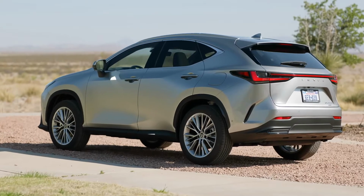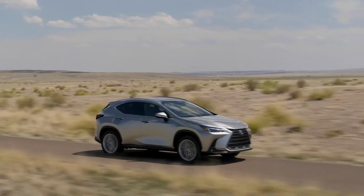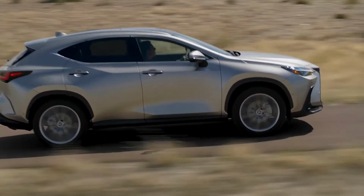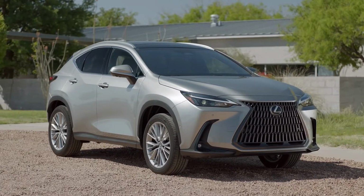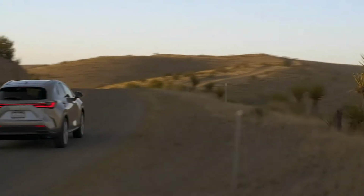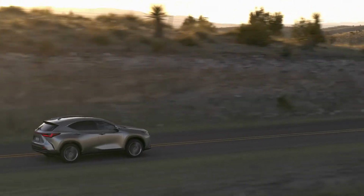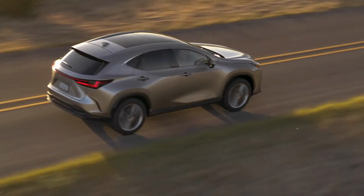The second generation NX replaces a model that has been very successful. More than 170,000 have been sold in Europe, the vast majority of them to first-time Lexus buyers, making NX a true conquest champion. To build on this success, we knew we had to do more, and as you'll see, we have. We looked at every aspect of the vehicle and asked ourselves, how could we do even more for our